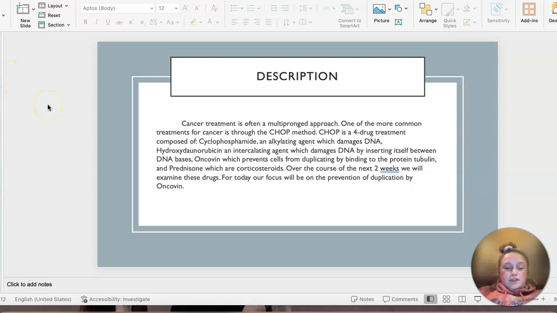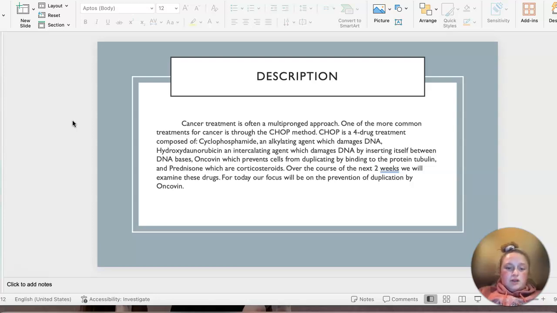So, the description taken directly from the assignment details is that cancer treatment is often a multi-pronged approach. One of the more common treatments for cancer is through the CHOP method. CHOP is a four-drug treatment composed of cyclophosphamide, an alkylating agent which damages DNA,